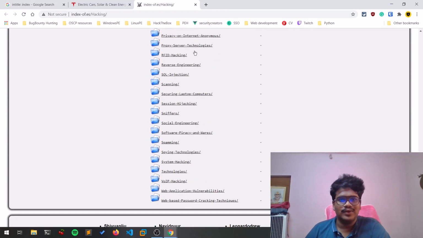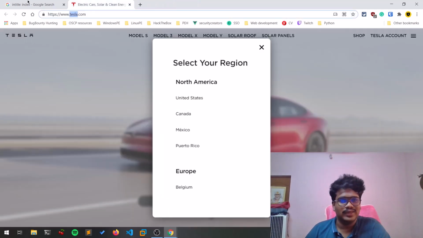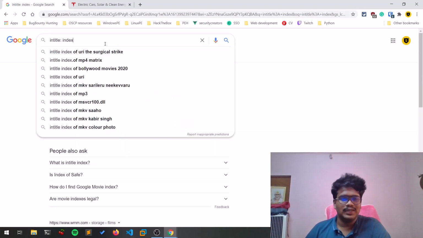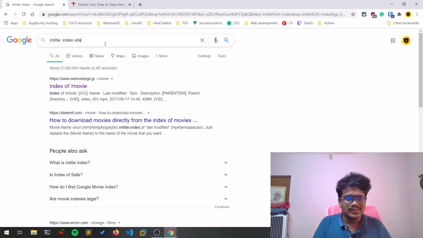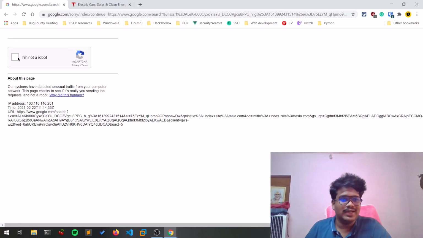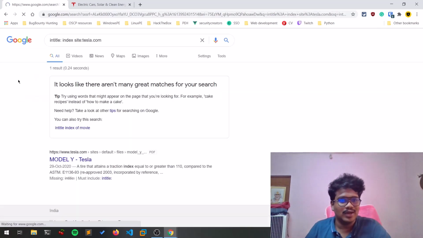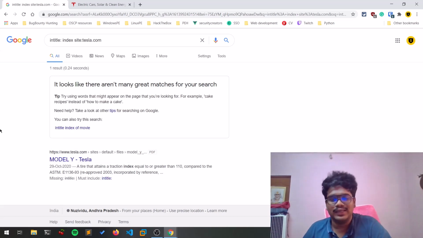I don't know what these are, but yes, you can search them out on a particular field. You can add multiple fields like tesla.com. Sometimes you might get results and sometimes you'll also get blocked. You can see some stuff out there. So those are the basic things, guys, regarding tesla.com, and there are various other fields out there.